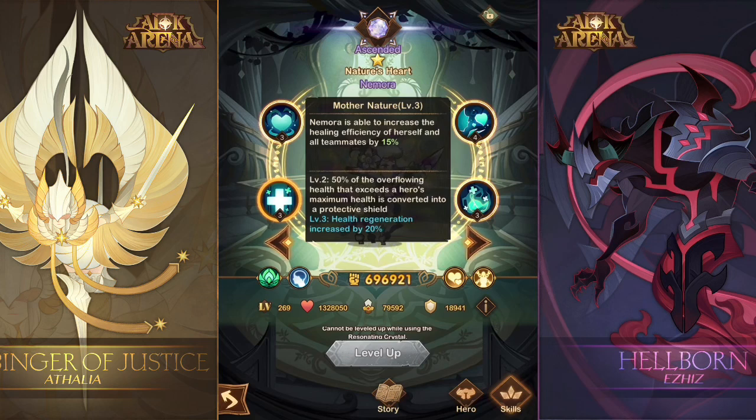Mother's Nature increases the healing efficiency of herself and all teammates. So Grezzold heals when his minions die with his signature item, and then Overflow, their maximum health is converted into a protective shield. So if you have minions that just came up and they get healed, you'll actually see them all shield themselves,